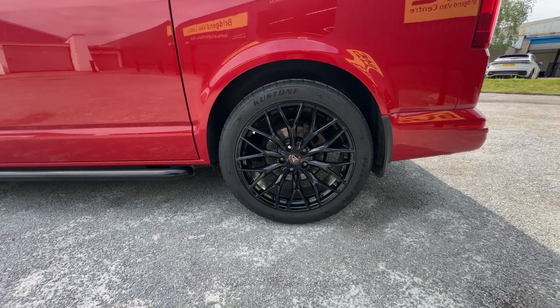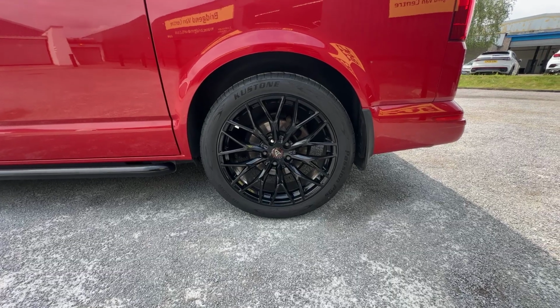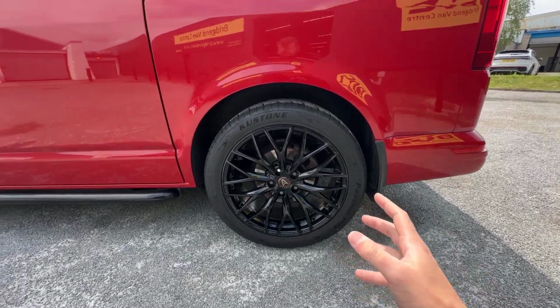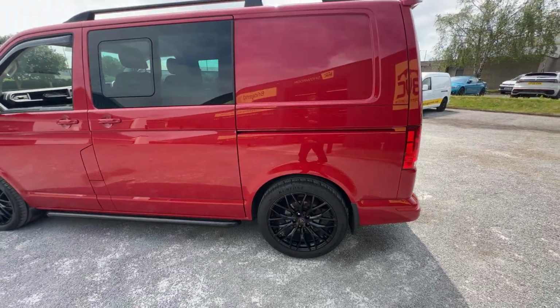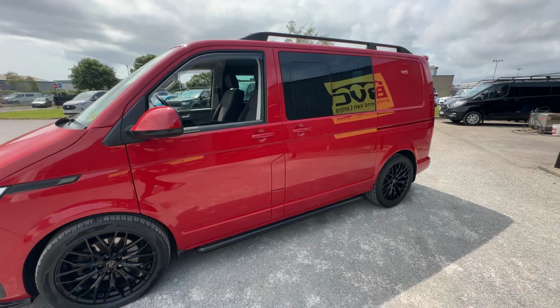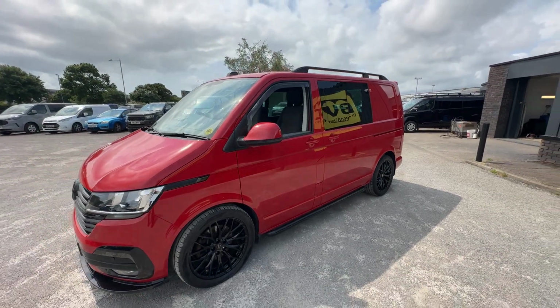We've fitted tons of these on vans over the years, and it's nice to see these are holding up in really, really good shape. We actually previously supplied this vehicle a few years ago to the past customer, so we know the van very well, and of course really happy to welcome it back into stock